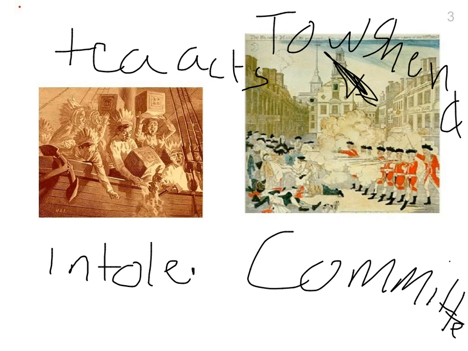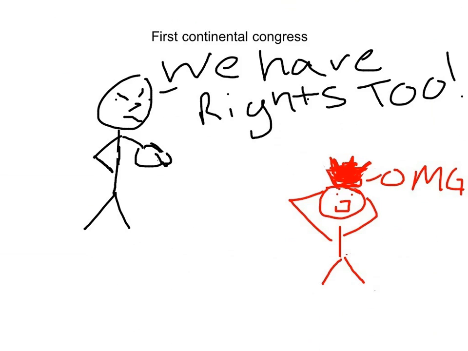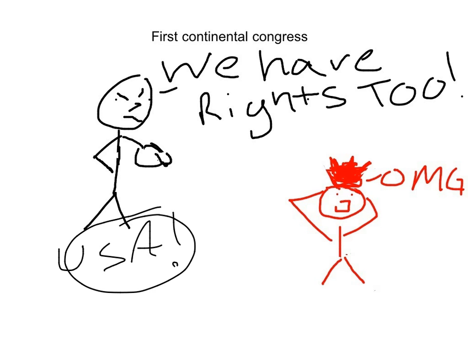And the Intolerable Acts were Britain's response to all the rebellious nature of the colonists. The First Continental Congress met to publish a list of rights, and they petitioned King George III to revoke the Intolerable Acts. Lexington and Concord was the first battle fought in the Revolutionary War, and the Second Continental Congress was